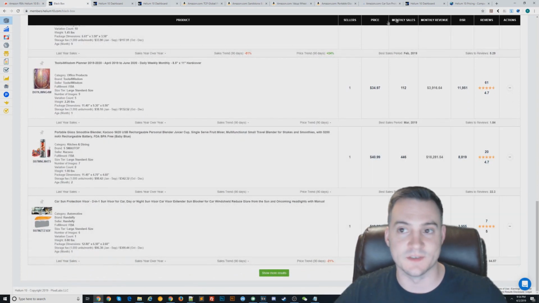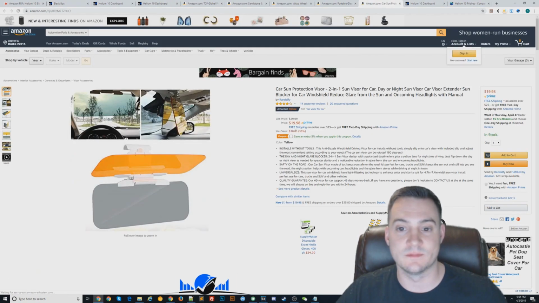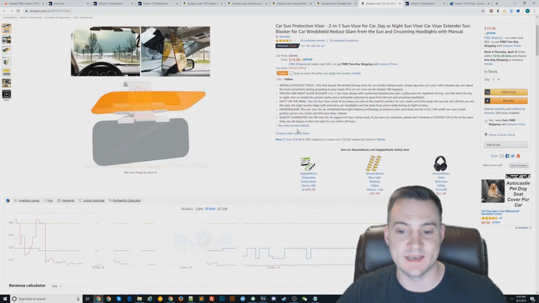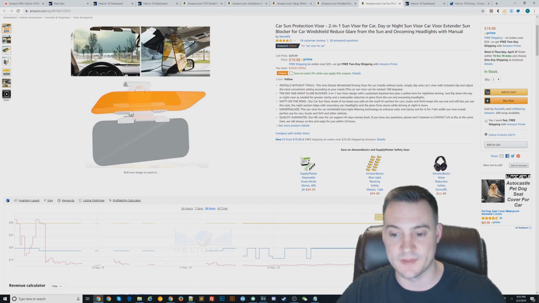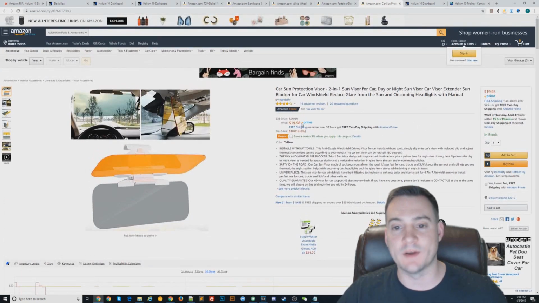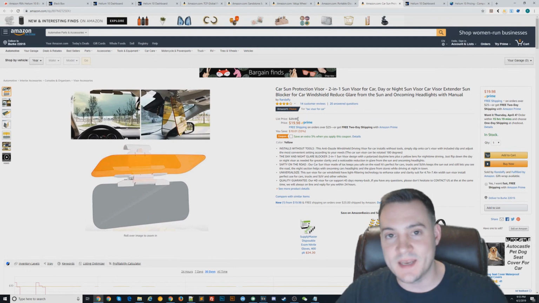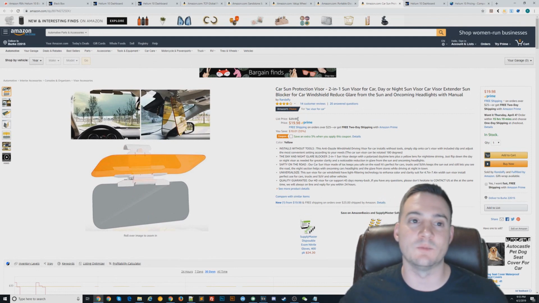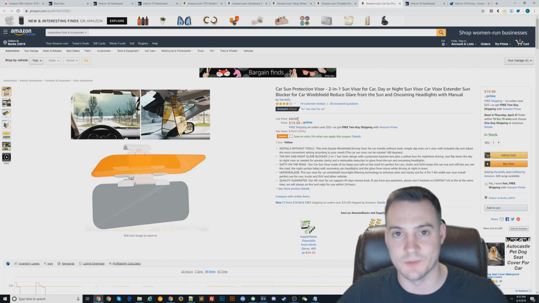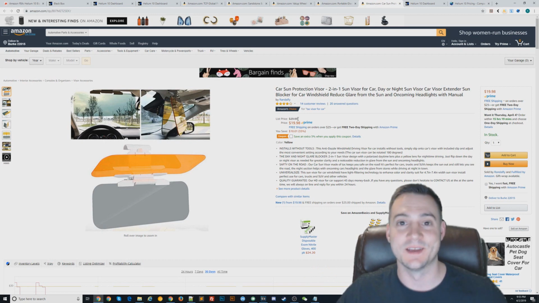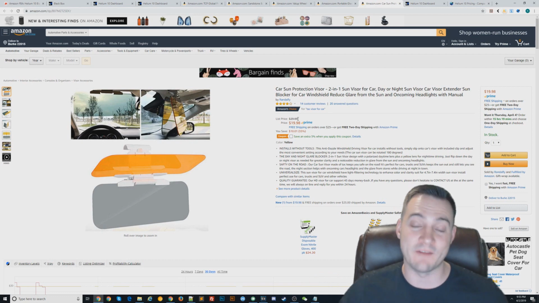A car visor is selling that well at $19.98. So when you get under $20, damn, yeah, it's normalized at around 3,000 BSR. When you get right around $20, depending on the product, you don't have that much cushion. Because keep in mind, Amazon has a referral fee for everything that sells through